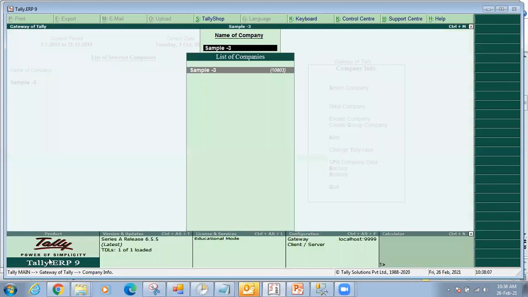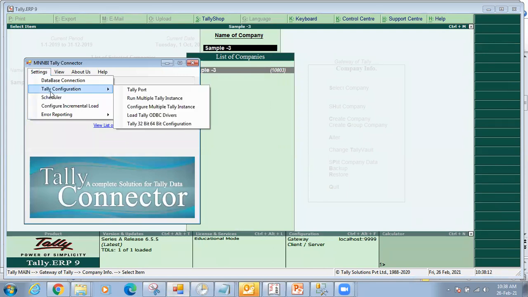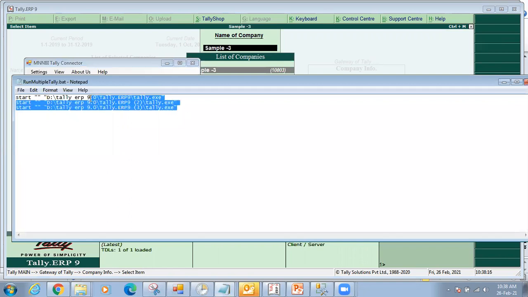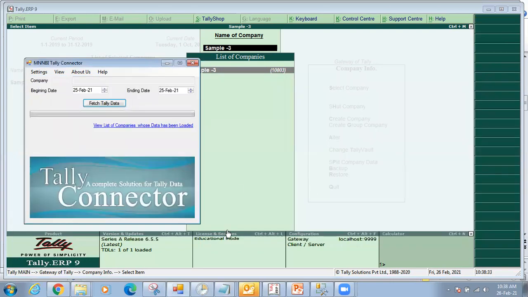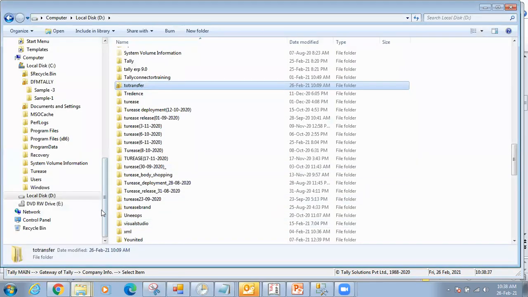Okay. Then I quit. Now open your Tally connector. In the Tally connector, you have got a Tally configuration and you have got configure multiple Tally instances. Simply copy and paste this. So each of these Tally instances, you copy and paste here. Is this point clear? Tally, Tally 1, Tally 2, Tally 3, XE. So this basically goes and you go and save. And once you go and save, then in your Tally connector, which is here, it goes and updates your bat file.